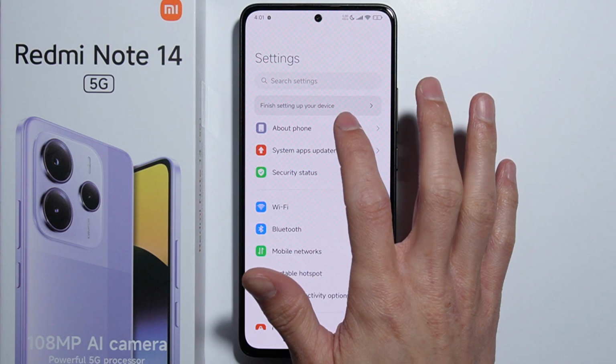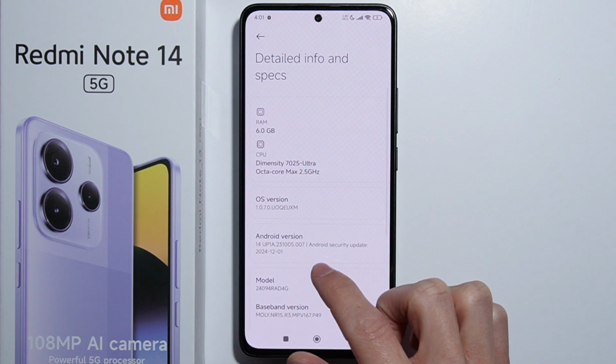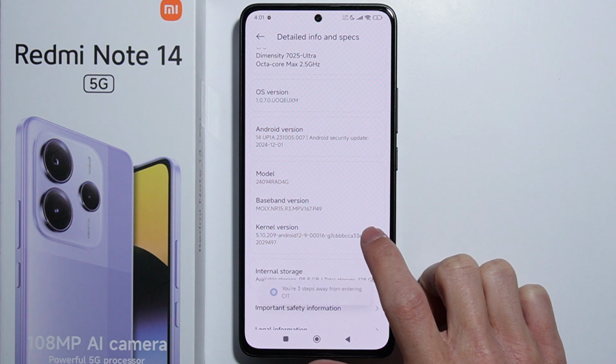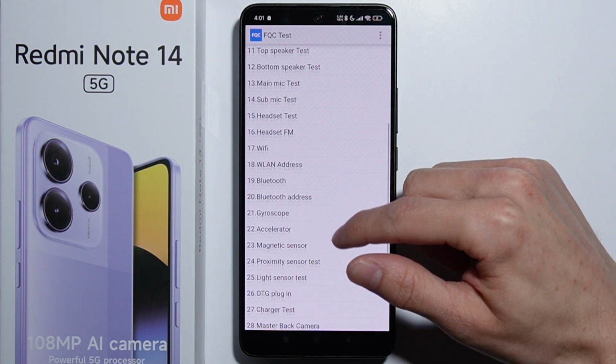Next we have to go into the About phone, and we have to go into the Detailed info and specs, and we have to press a couple of times the kernel version, which is available right here. We have to press it a couple of times, and right here there is this CIT menu, and here are